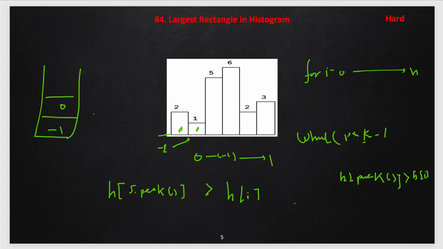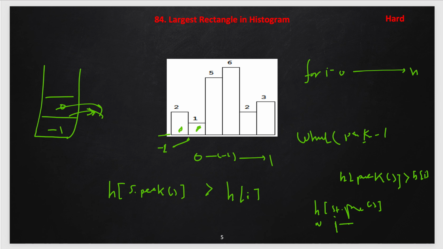So the area will become, by considering this place, the height is 1 here. We will pick this element first and calculate the height. So the height will be the stack's peek element height, and the width will be i minus the index of the last peek element after removing it. We will remove this element, then the index of this element will become 1.